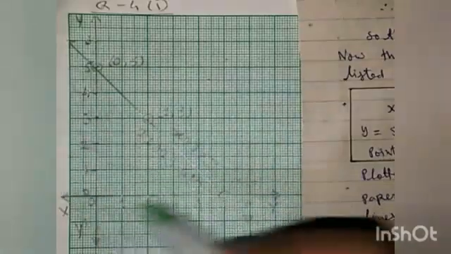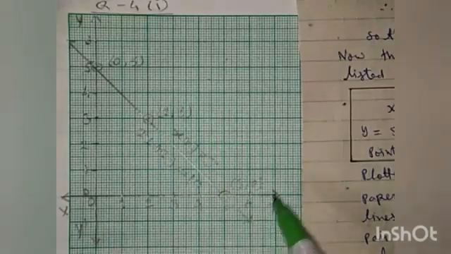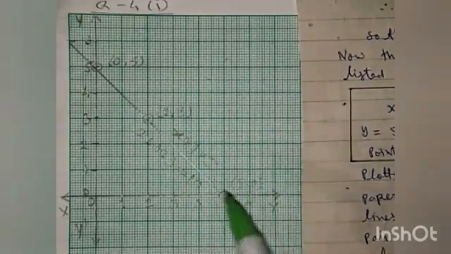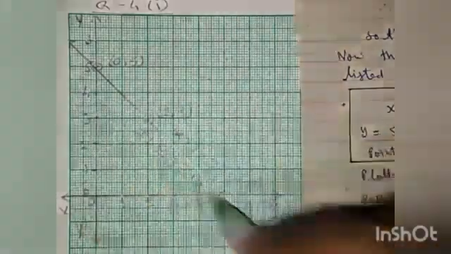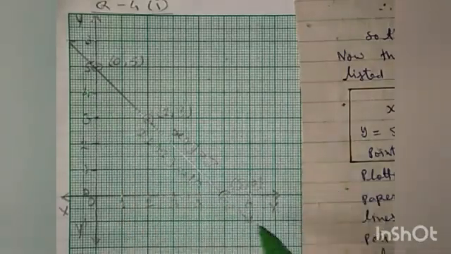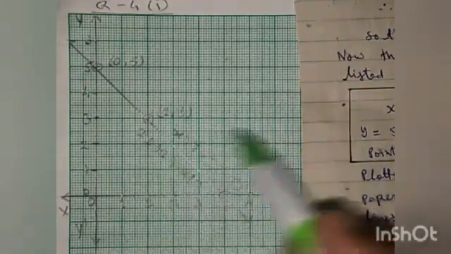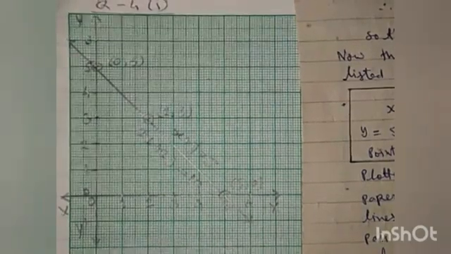Here plotting the points on a graph paper, we have (0, 5), then (2, 3) and (5, 0). These 3 points are the same for equation number 2 also, so we have shown only one table here. So here it is a straight line and both the lines for both equations coincide on each other. So it has infinitely many solutions because all points of both equations coincide on each other. So we have infinitely many solutions.